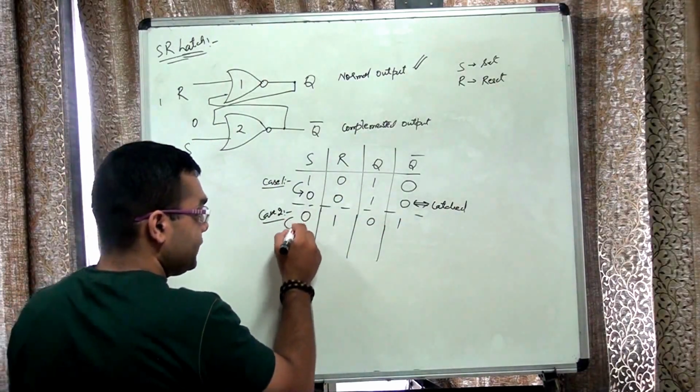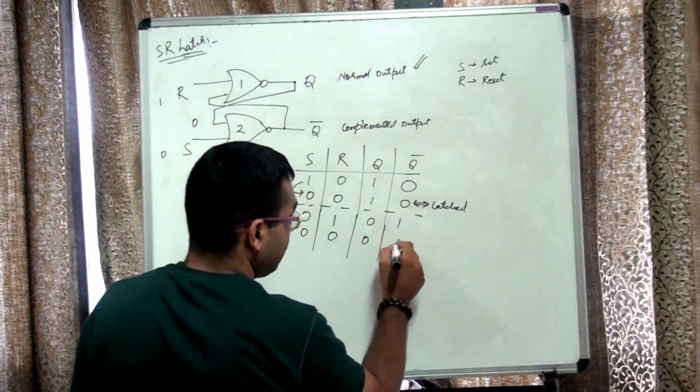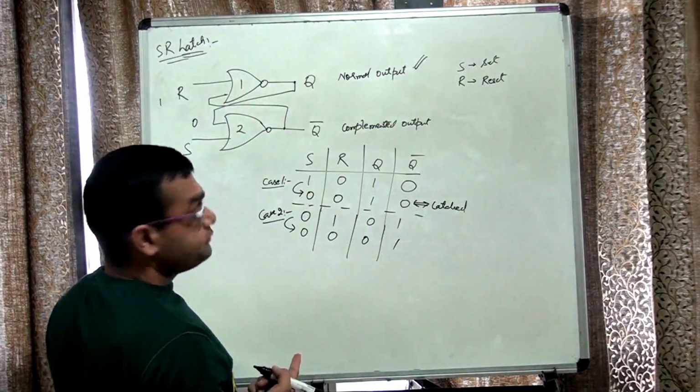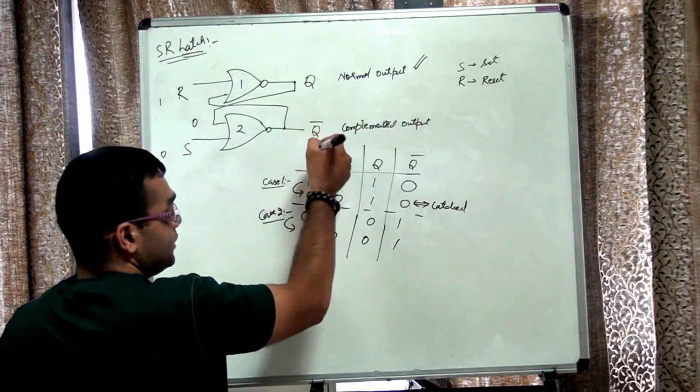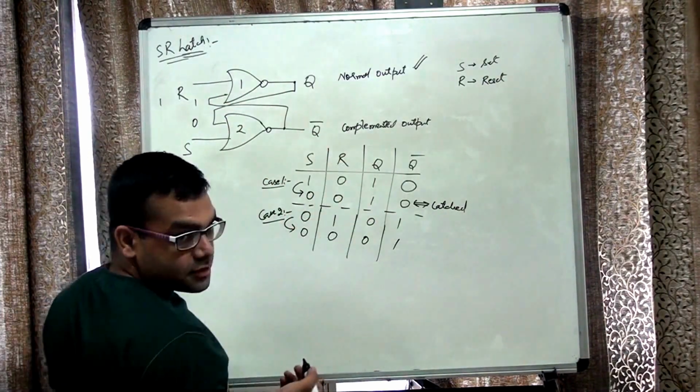Now again do the same thing. I change this to 0, 0. Now you can see and work out this will not change, because this will be 0, 0, so this will be set to 1. This will be going from feedback to 1. Now you can work out these options.